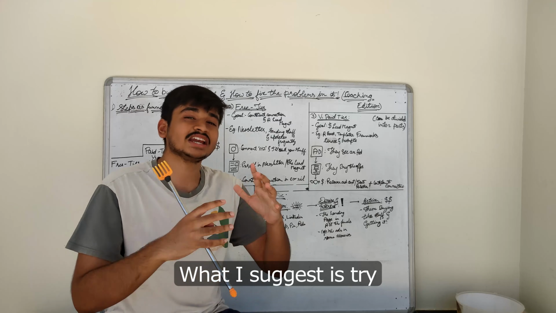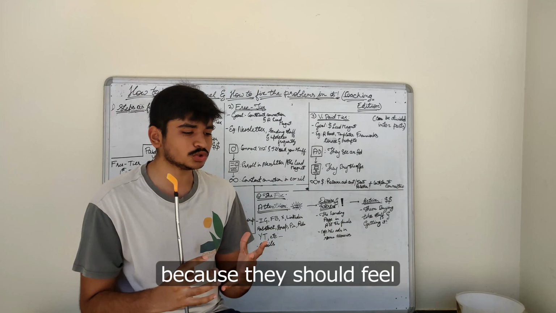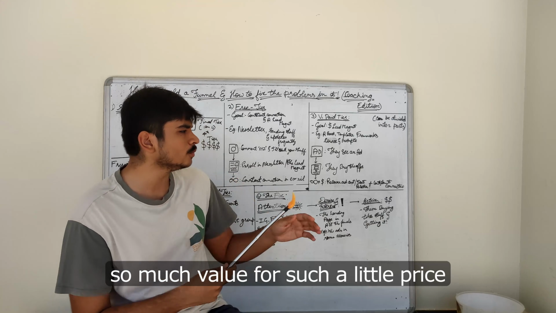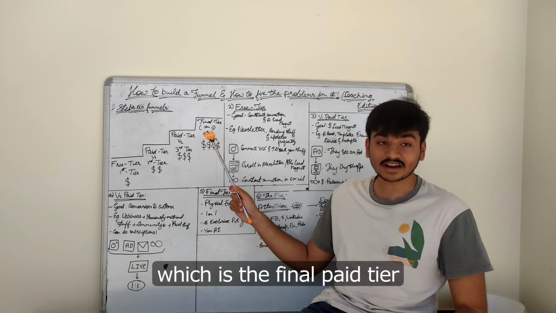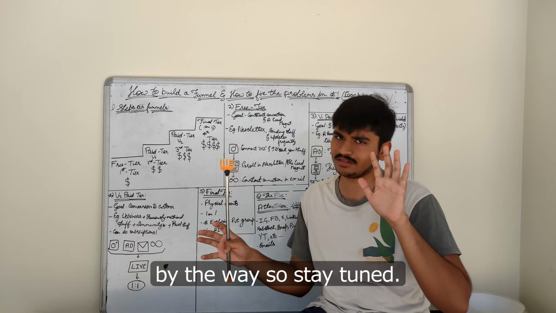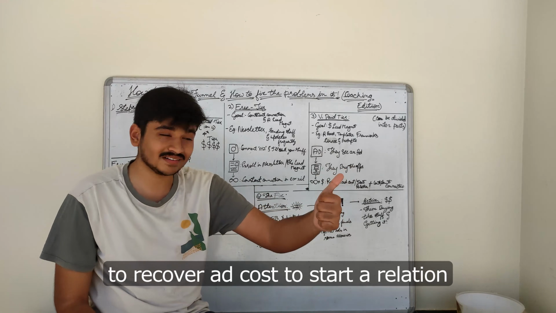What I suggest is try to cram as much value as you can in that small package, because they should feel like, oh my god, I'm getting so much value for such little price, that they're likely to be going for the next tier, which is the final paid tier, which will blow your mind, by the way, so stay tuned. So coming back to this, the goal here, as you can notice, is one, to recover ad cost,